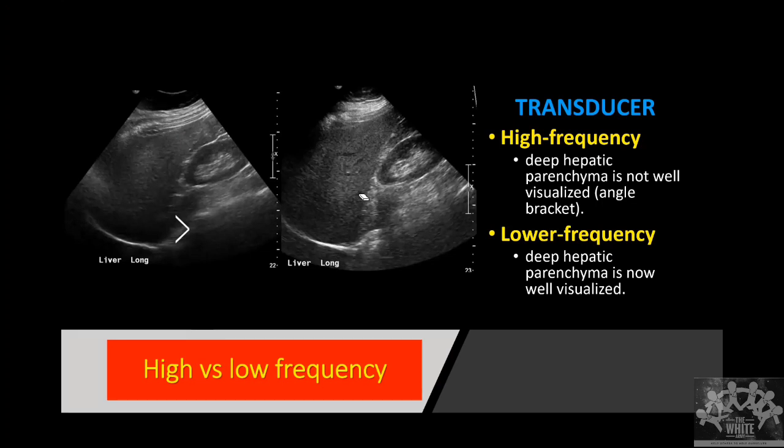Now, okay, high flow, low flow. And I already told you the difference between higher frequency and lower frequency. Which will look better? Whether the higher frequency looks better or the lower frequency looks better? It's always the higher frequency that looks better. But what's a calcified cyst? How do they appear?